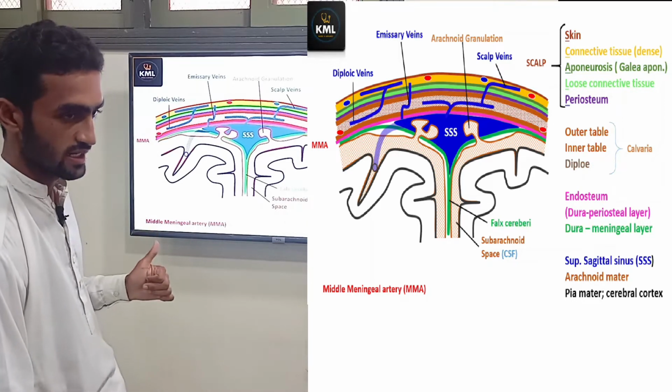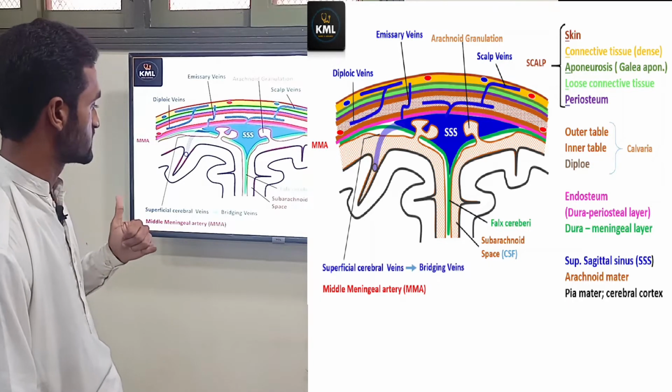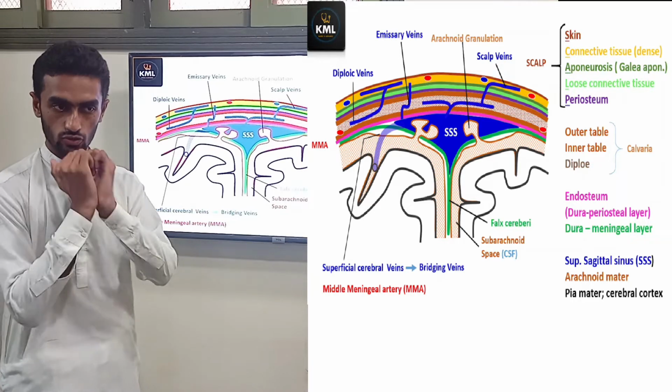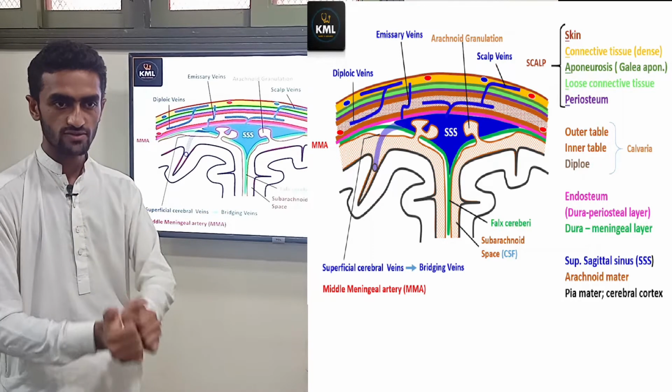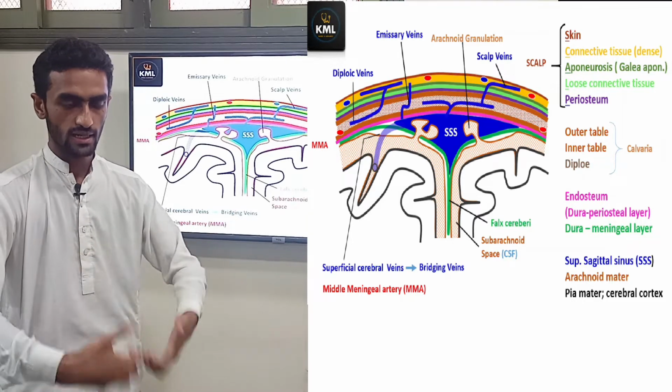Here are the other veins. This vein is the superficial cerebral veins, or bridging veins. Can you see this? The superficial or bridging veins are those veins present in the intracranial part, and they connect the intracranial drainage